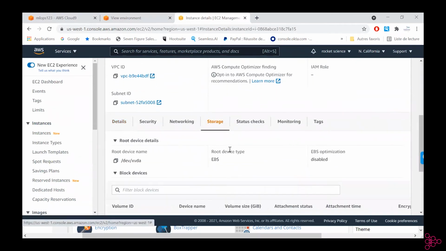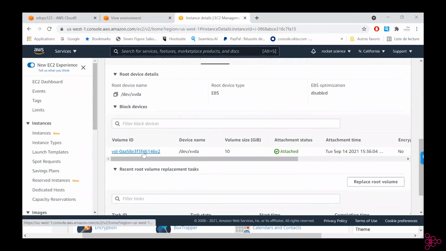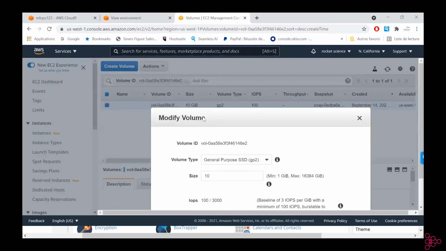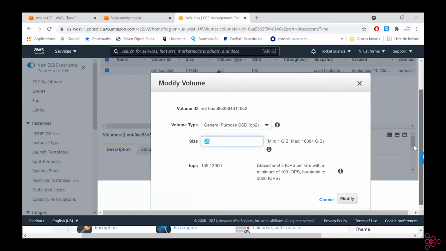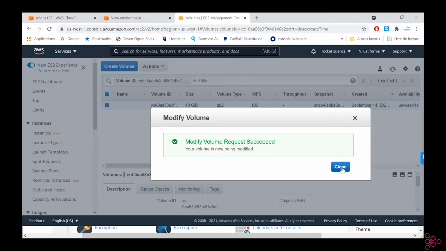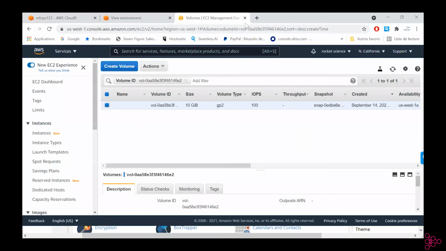So let's go under storage. And there you go. Here we have the volume. And like you can see, it's 10 GB. We will modify the volume to 35. Yes. Good.